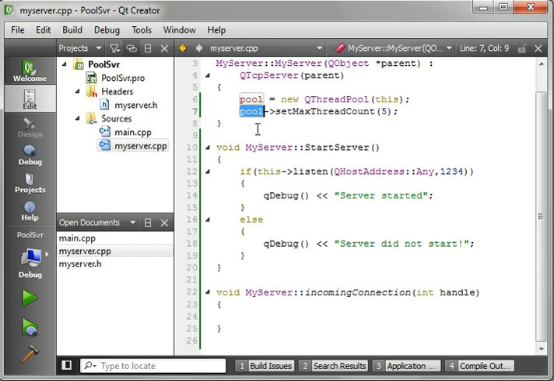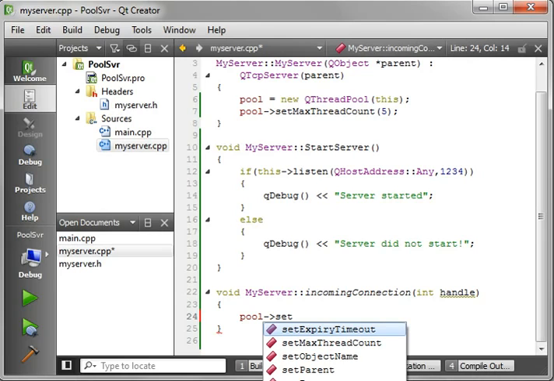Now, in order to work with this, we're going to have to go pool, and we are going to have to